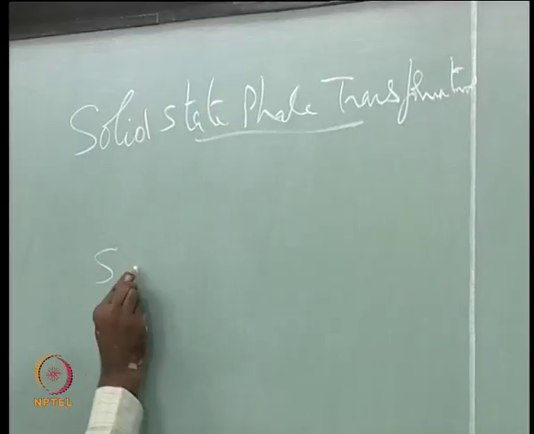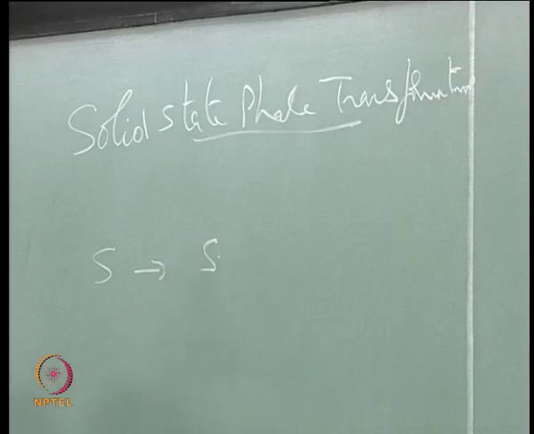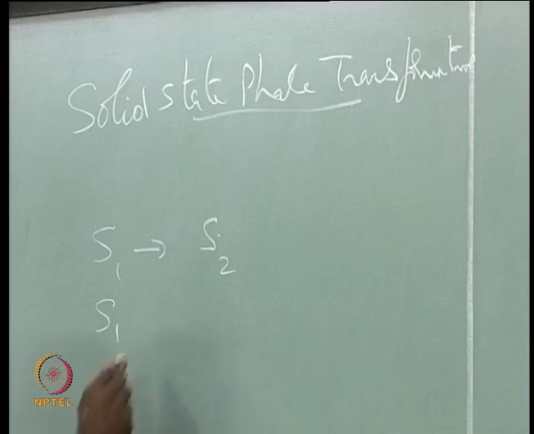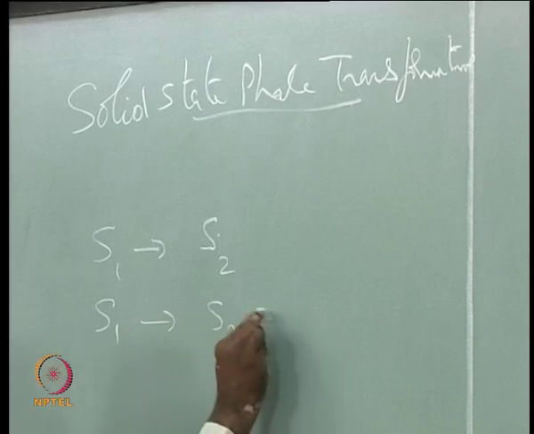We even went to the extent of how a liquid becomes a glass, and we also brought in a T naught concept in the meanwhile, and so understood what are called metastable phase diagrams related to that. So today let us bring in solid state. The moment you talk about solid state, that means one solid giving you another solid, or S1 gives you S2, or S1 gives you S2 plus S3,